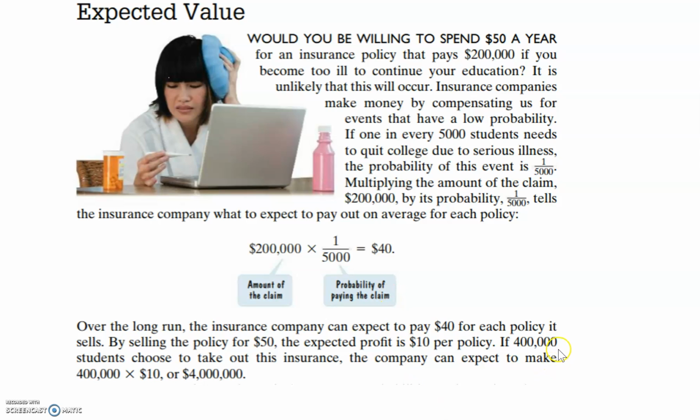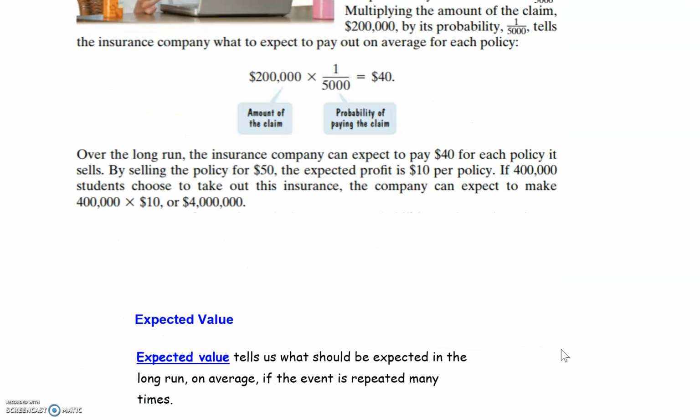So if they sell $400,000 policies, they're going to make $4 million. So sure, they do pay out a few claims, but in the long run, they're going to make quite a bit of money. So expected value is actually, in the long run, what's going to happen if this event is